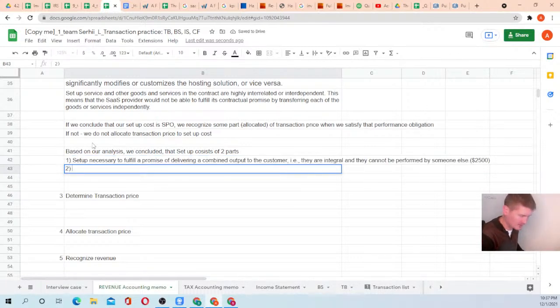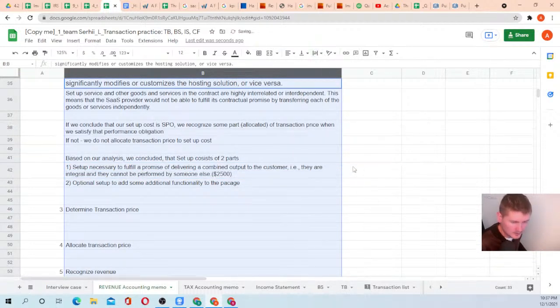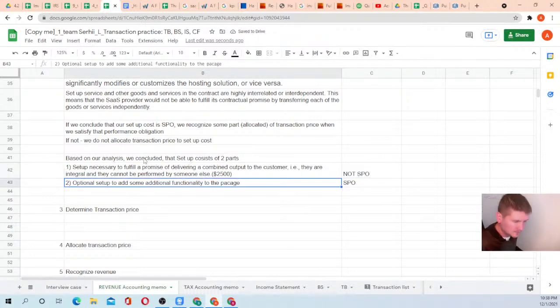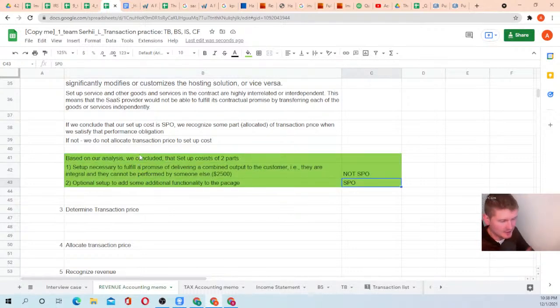And second, optional setup to add some additional fun. So basically, I mean, I totally made it up,